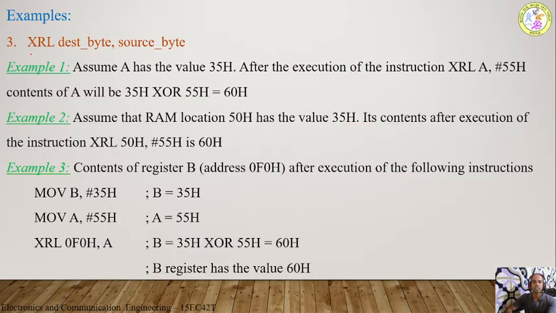The next case is the XRL operation. So the same data again we have considered. We are performing 35 XOR with 55 by using the instruction XRL. XOR logically the content of A with the immediate data 55. So again I will take the same, that is 35. It is nothing but 0 0 1 1, that is 3, and 5, it is 0 1 0 1.